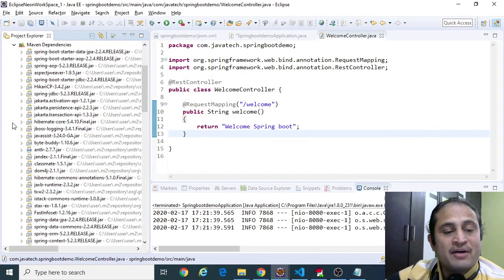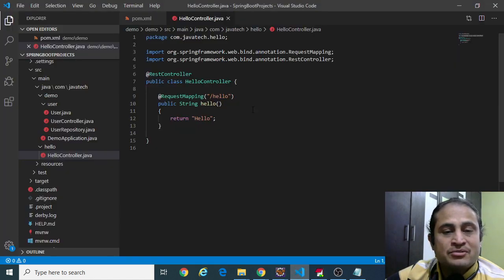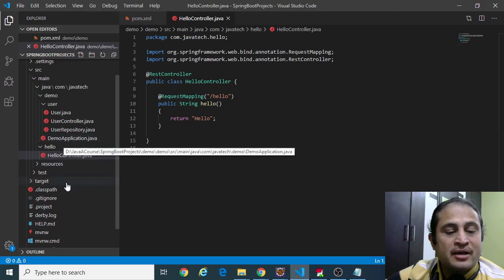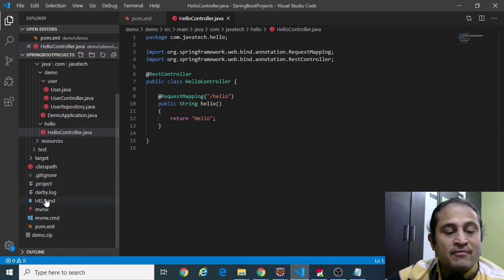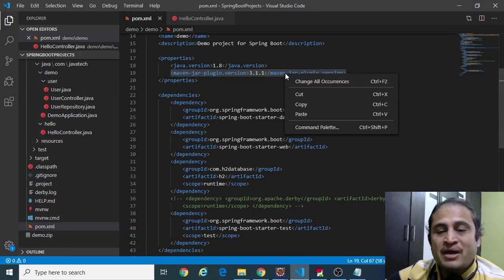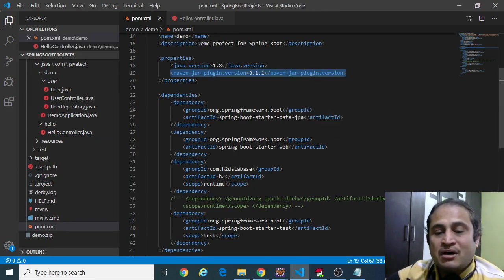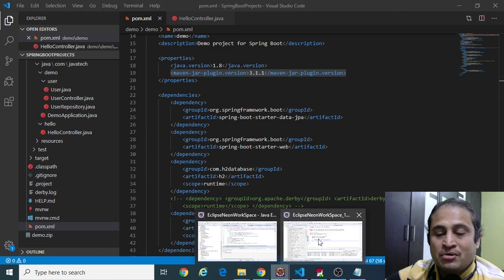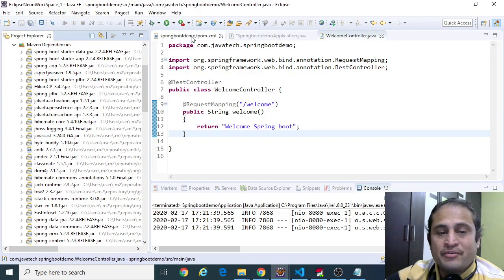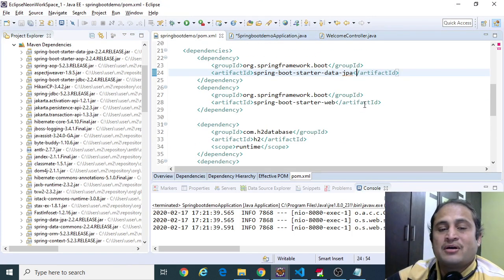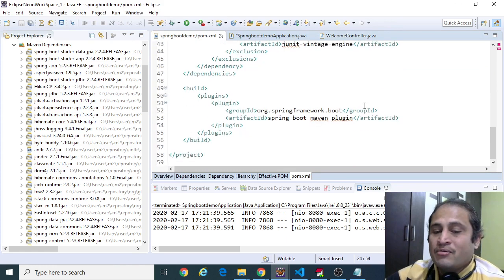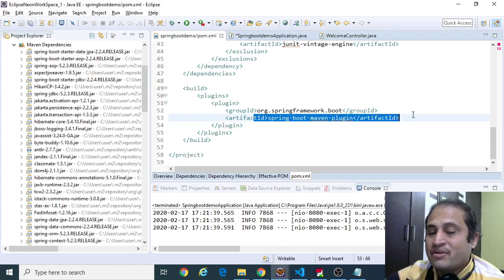If you go to the Maven dependencies, I think you are seeing one error, right? In this particular error, there is a Maven jar plugin versioning issue. In any Spring Boot application, we are using a Spring Boot Maven plugin.